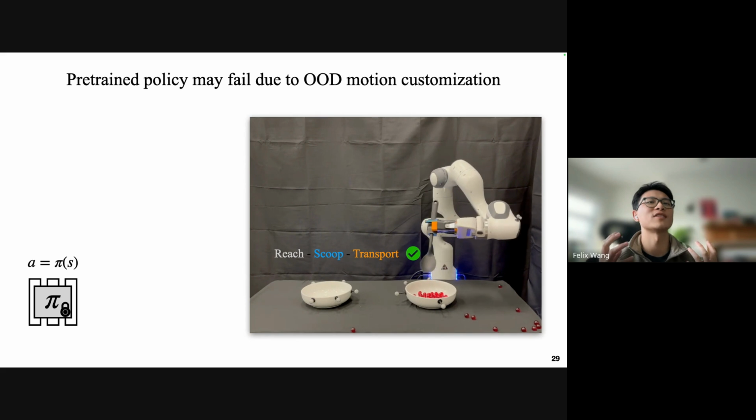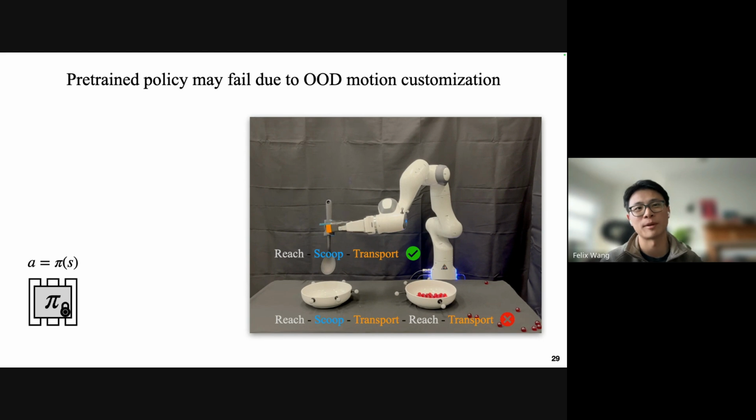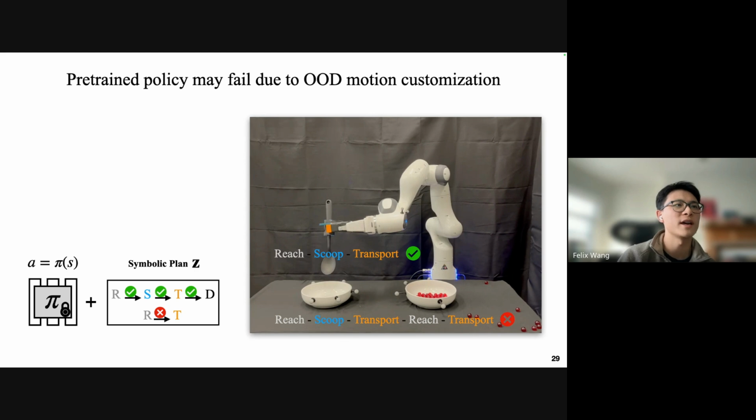But policy execution from that particular mode can potentially lead to future mistakes. That is, the policy has carried out a different discrete, multi-step plan. The moment it drops the marbles, it's no longer in the transporting mode, it's back in the reaching mode. So this is a plan not intended by the user. So can we actually